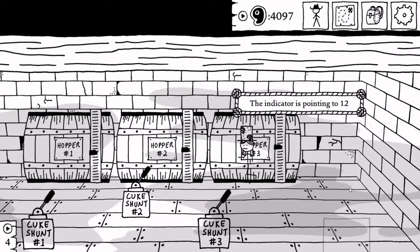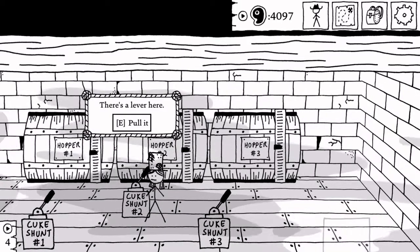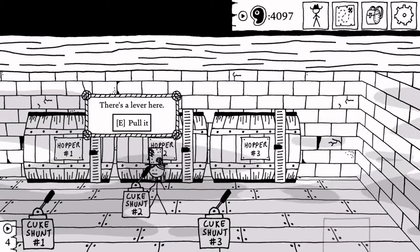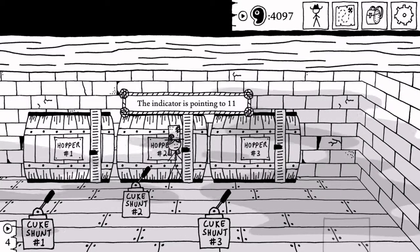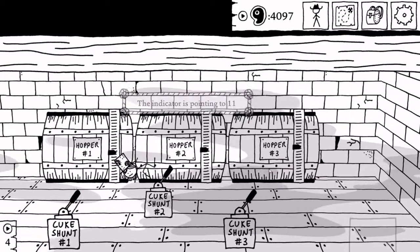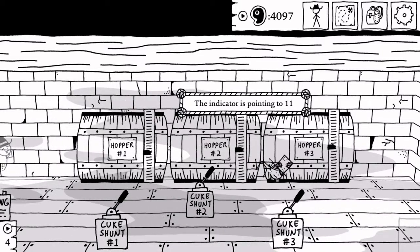10, 11, 12. I'm sure the maths geniuses in the audience are probably screaming their beautiful, beautiful lungs out right now. So what I need to do is get two of them up to roughly the same level and then work from there. So I want to get two of them down to the same one. I'm inclined to say that